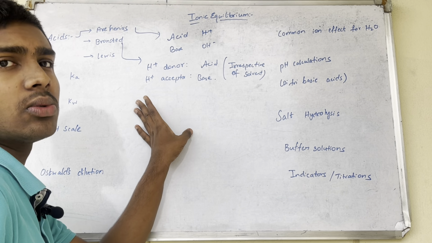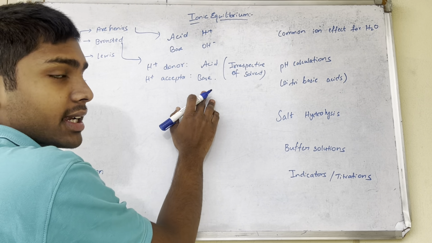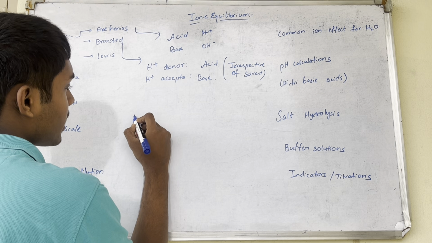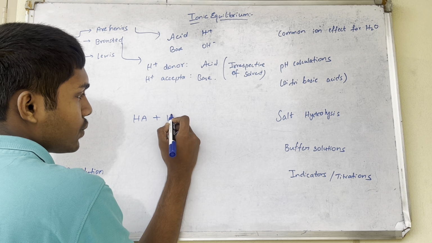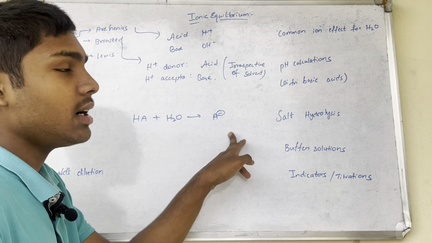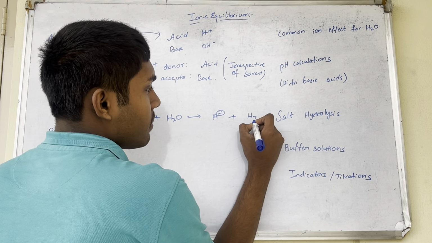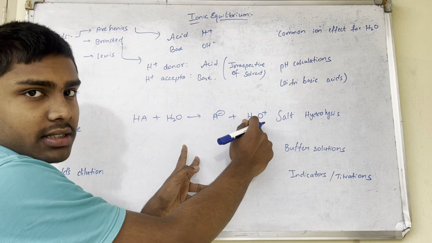For Arrhenius, it is true only for aqueous solution. For example, if you take HA + H2O, it changes into A-, which is the conjugate base for it,